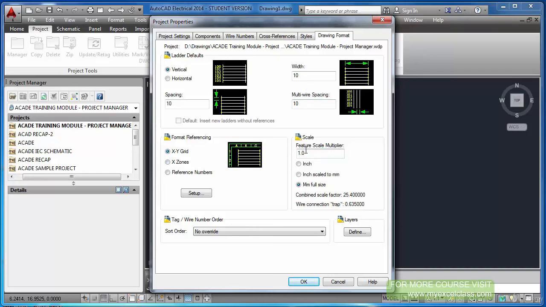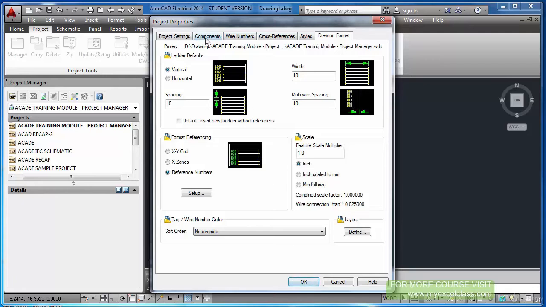What type of drawing are you going to use? Are you going to use imperial or metric? Many in Europe follow metric, A3 size, A1 size, but if you see IEC, there you will find different standards of paper. So right now I am choosing inch because I have chosen the JIC method. So inch I have selected. So reference numbers, let me put. I am not quite sure whether these settings will work on my title block, but still I am just explaining these tabs, that's all.